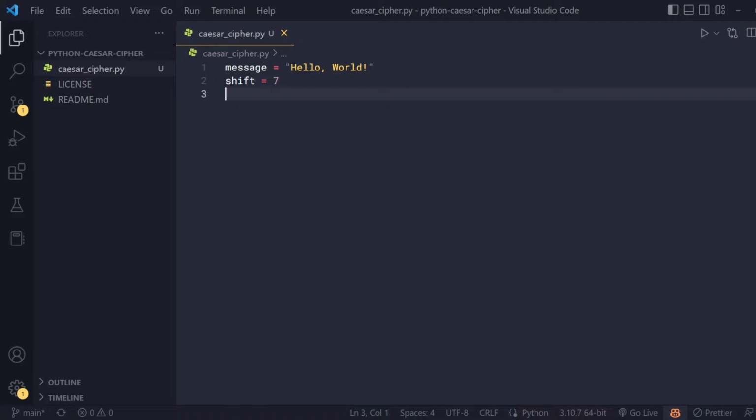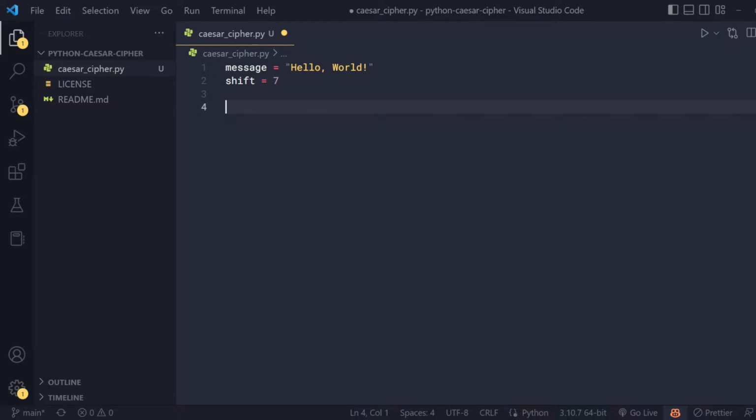Variables, you can think of them as placeholders for values that I can store some information in and refer to them and use them later. And the two types of values I'm storing here, well, the first one is a string. A string is like a sequence of characters. Things like words, sentences, or even single letters would be a string. The second type is a number. In this case, it's an integer. So Python makes a distinction between round numbers, which we call integers, and floating point numbers, which are like decimal